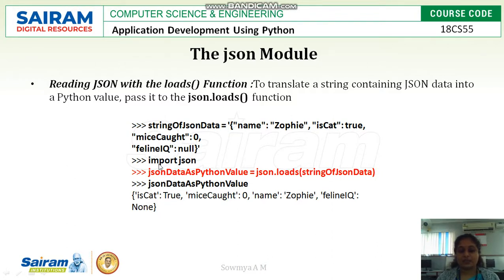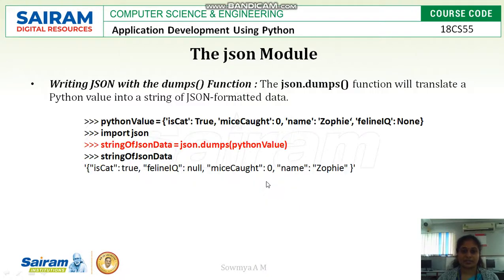Import json will import your JSON module. JSON data as Python value is equal to json.loads, which will load the string of JSON data into the JSON data as Python value object. So this variable will contain the data from the JSON script.